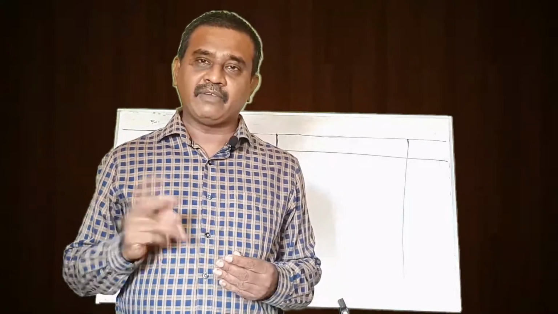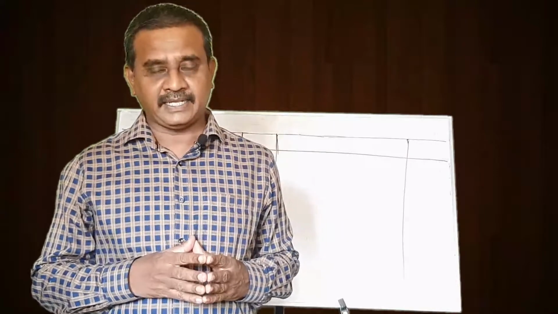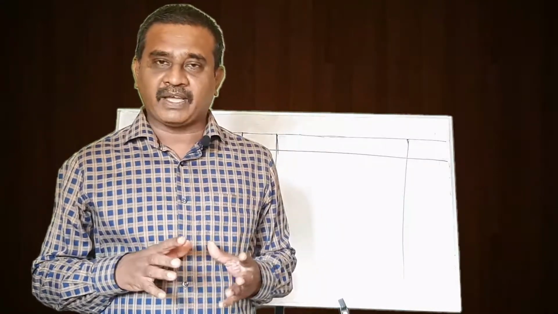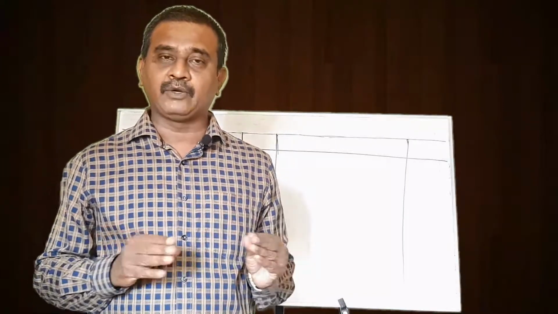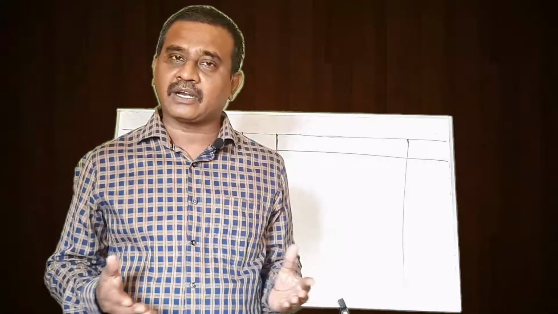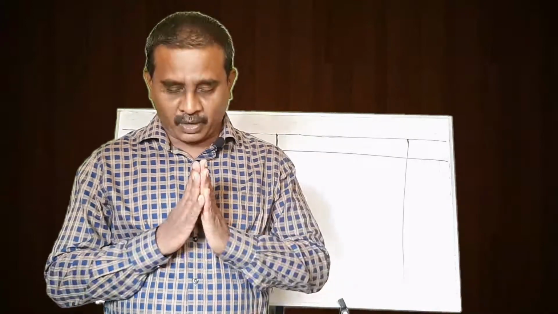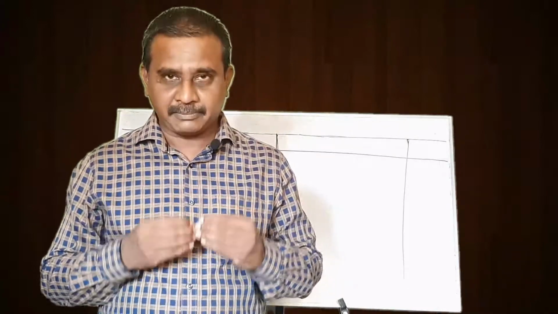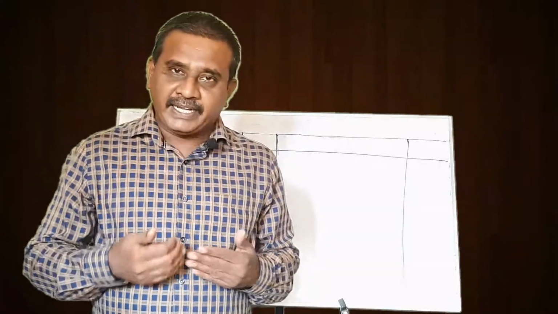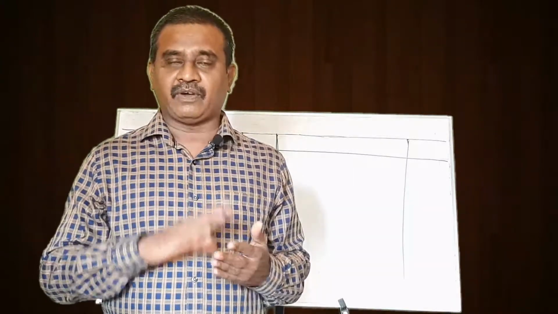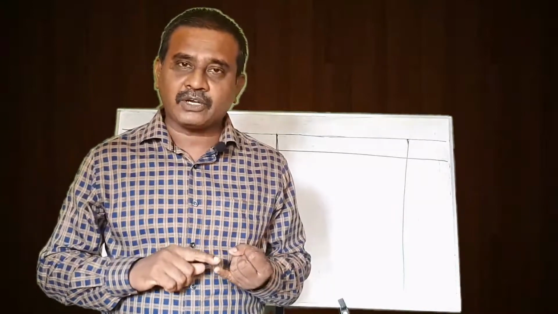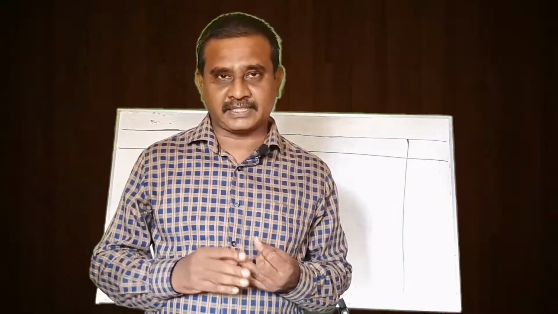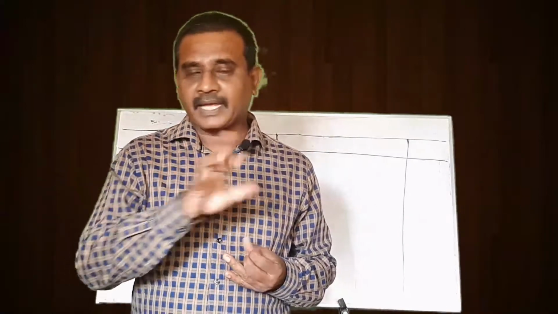In that, they have given two more adjustments. That is, interest on capital and interest on drawings were given. If a sum is given like that, do not blink and do not think that these things are not known to you. The only thing which you have to do is, as we did it, prepare two statements of affairs and do all the adjustments except this interest on capital and interest on drawings. And after that, you will prepare the capital account.